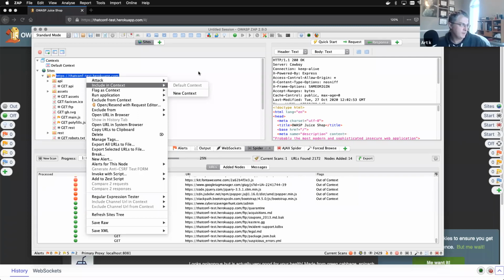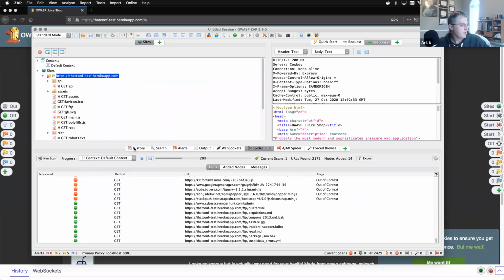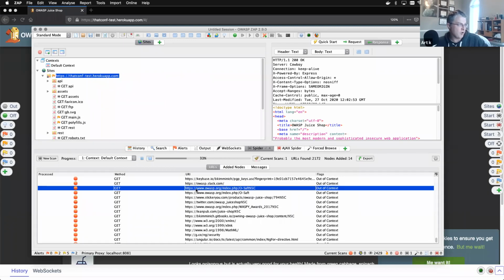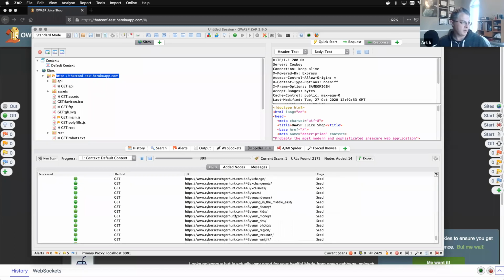So it doesn't really matter what you name them. It's just a way of grouping them. And in fact, what we'll see while it's doing its spidering is that it's finding links to OWASP.org and it's considering them out of context. So it's not going to continue spidering down that domain. It's just going to stick with things like